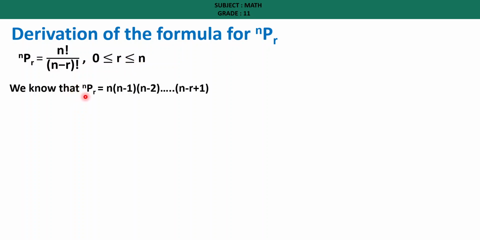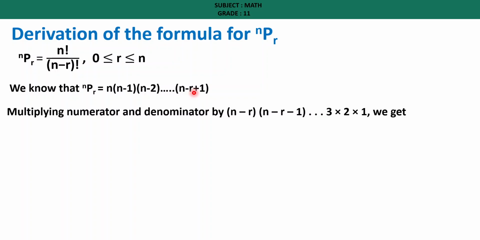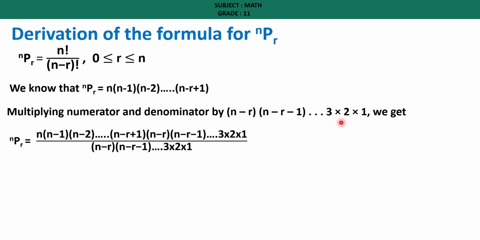We know that nPr is equal to n into (n minus 1) into (n minus 2) and so on till (n minus r plus 1). Let us multiply both numerator and denominator by (n minus r) into (n minus r minus 1) and so on till 1. So we get that nPr is equal to n into (n minus 1) into (n minus 2) and so on till 3 into 2 into 1, divided by (n minus r) into (n minus r minus 1) and so on till 3 into